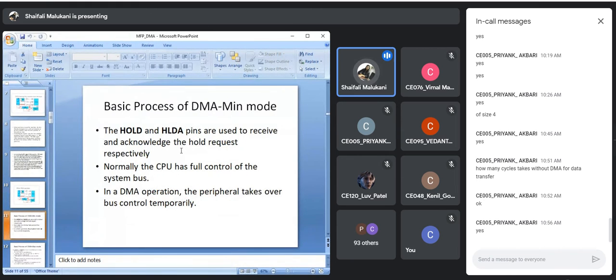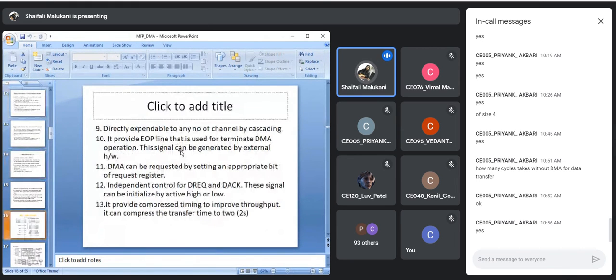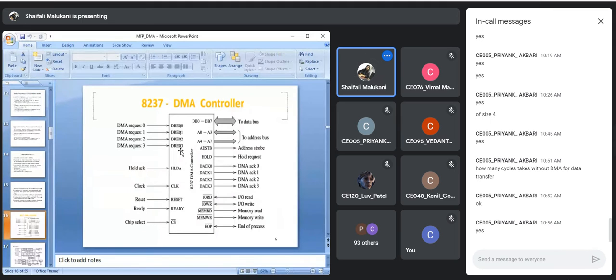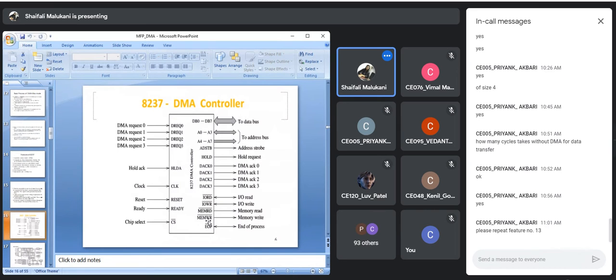Okay. Now, what if you want to observe the things here? These features we have already discussed. Now we are at this point. Observe now. See, these are the control signals. Suppose I want to read from the memory, then I have to.